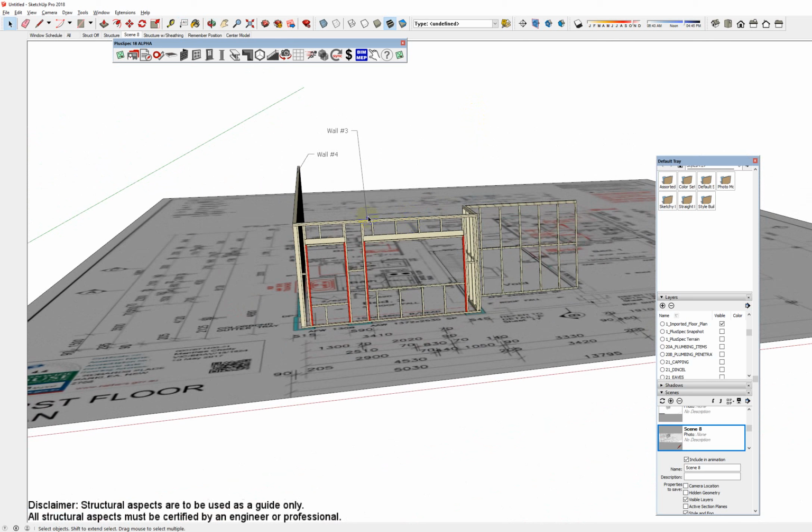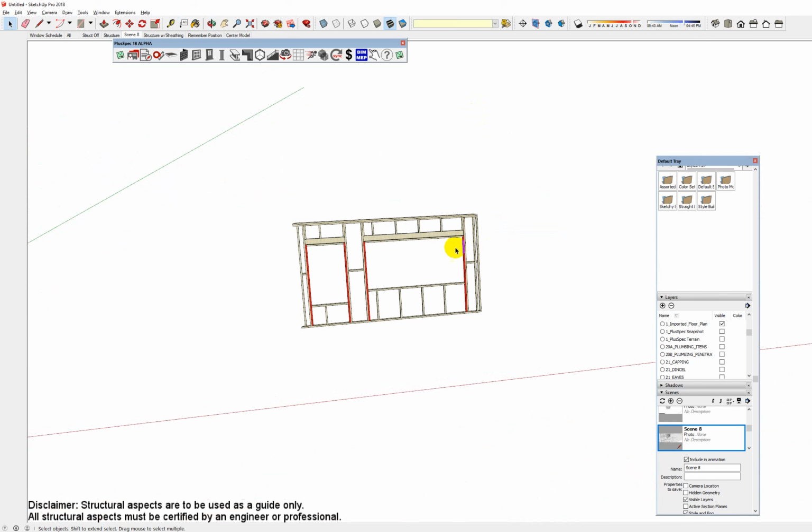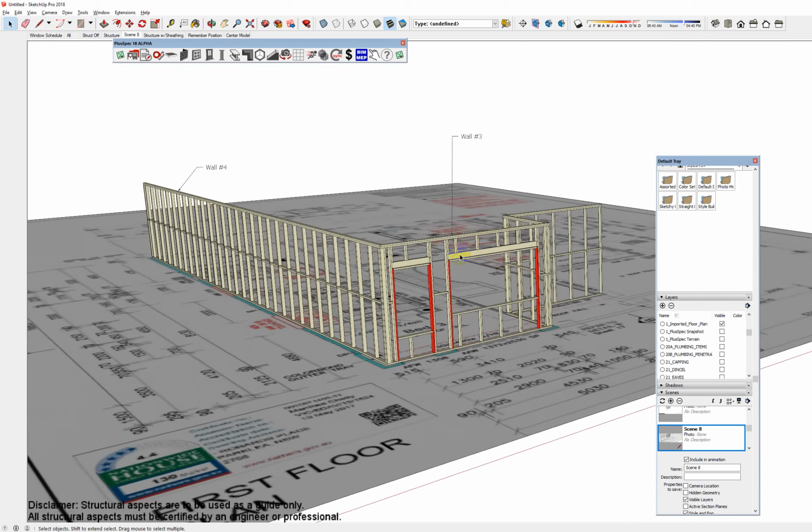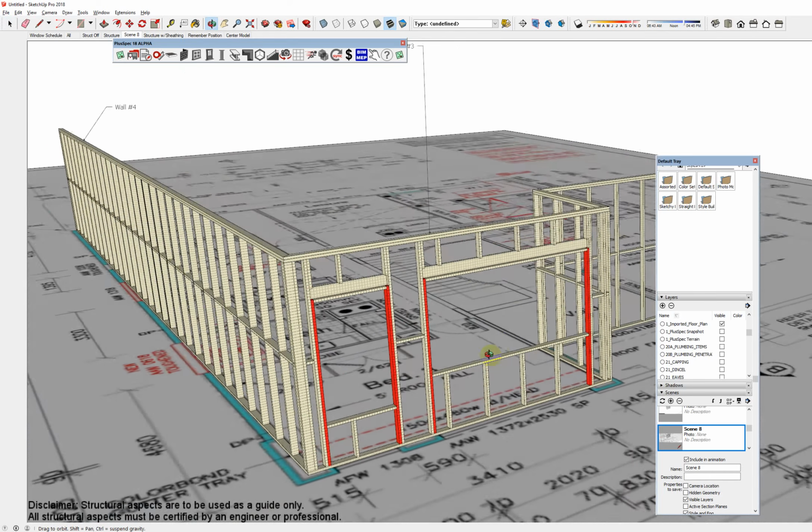So if I want to do a takeoff on wall 3, I can go Control A, select this one, and then hide. So right click, hide, and now I'll just do a takeoff on that one. I'm going to Control Z it and bring it back. So I hope that helps clarify how we would go about